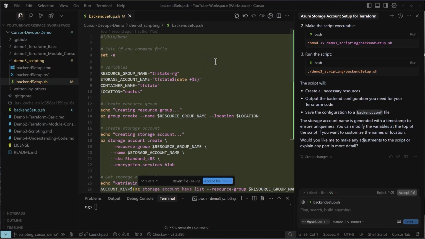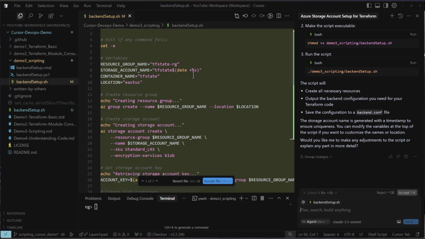read the code that it generated, and we'll accept it in a minute, but it looks like what it's doing is it's assuming a resource group name. It's assuming the storage account name. It's assuming a container name and a location. And I don't mind some of those being defaults, but we're going to change that here in a minute. I think it's smarter and makes the script more versatile if we accept those as arguments rather than assuming them up front. But